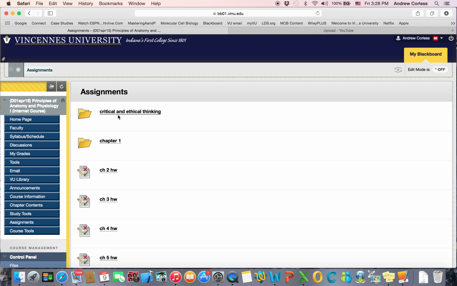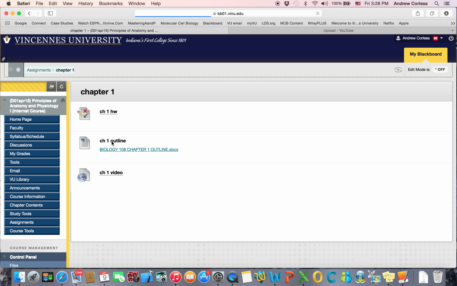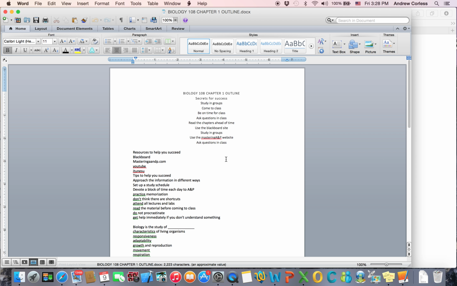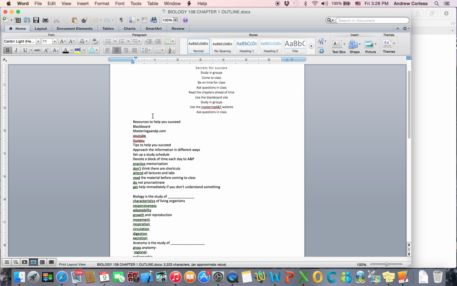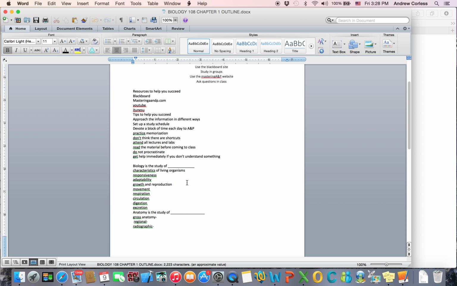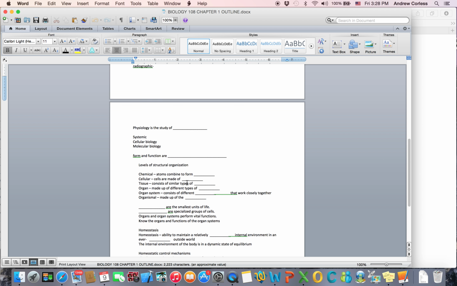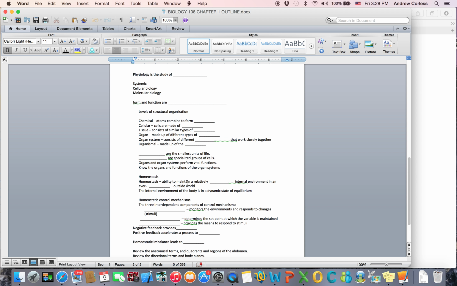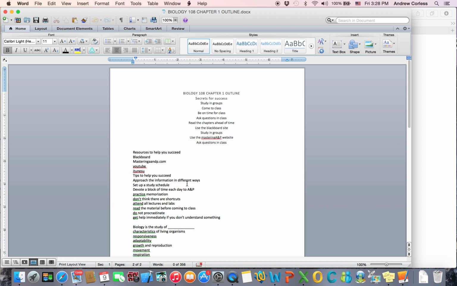So the critical and ethical thinking I'll talk about later, but for chapter 1, first off there's the homework. There's an outline, which is a Word document, and it goes through chapter 1. And there are some blanks on here that you're going to need to fill in. You can go through your book and fill those in, or if you want an easy way to fill those in,